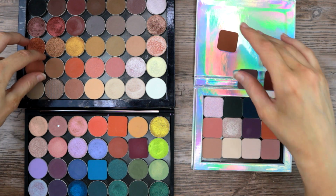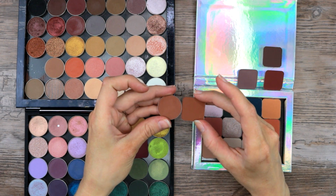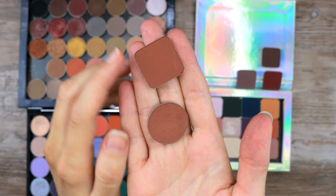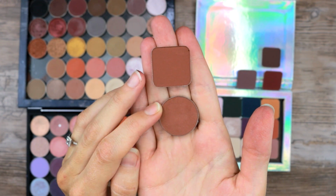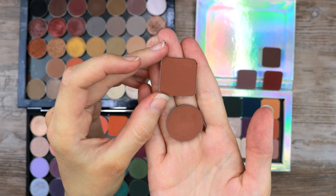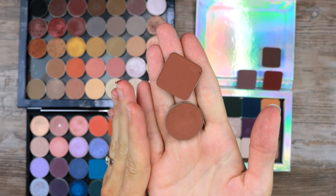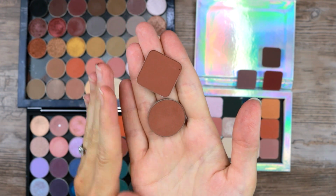the little palette. I know that this one changed names, and there is a whole fun, within quotation marks, fun story behind that. This is Cocoa Bear, but now it is renamed to Cheetah Bear. This old shade, Cocoa Bear, was named after her ex, and I'm guessing that Cheetah Bear happened for a reason, okay? So we're gonna swatch these next to each other and we'll see if there's a difference between these two shadows. This is the only shadow that I know that is the same shadow within the rebranding, but it